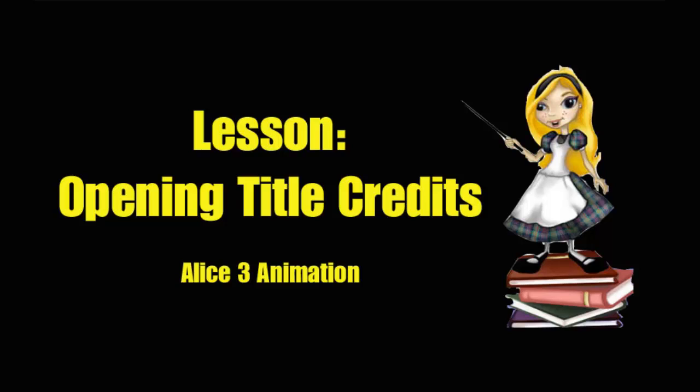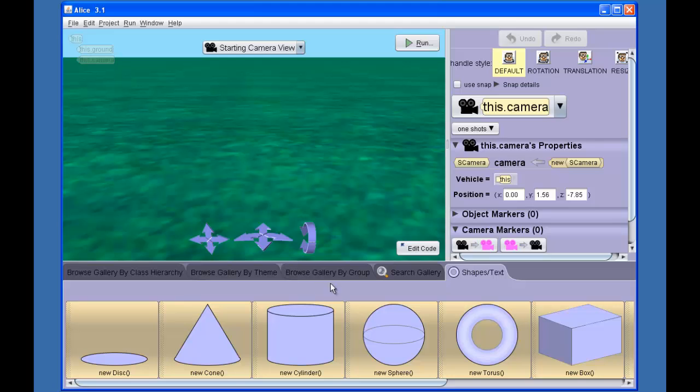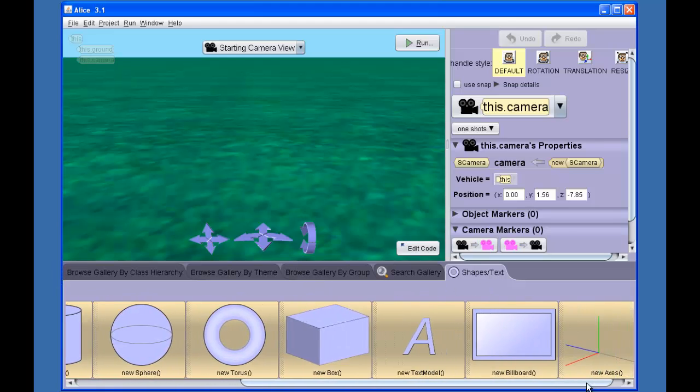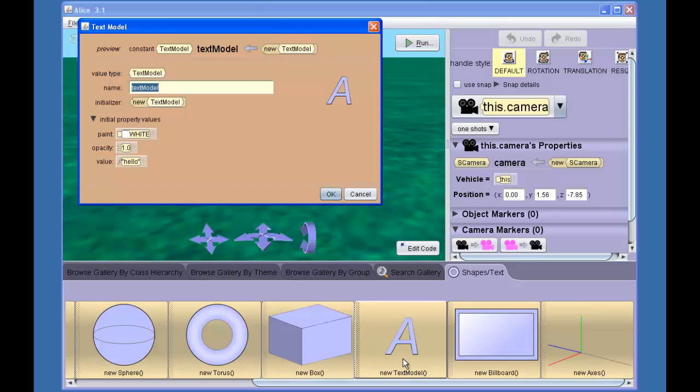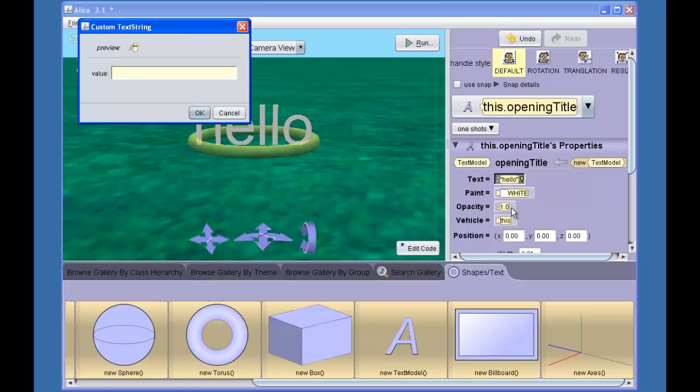Alright, one way to display credits for your animation is to use a text object. If I set up my scene and I select from the Shapes Text gallery, there's a text model here. If I add one to my screen, I'll give it a name. I can change that text to something like